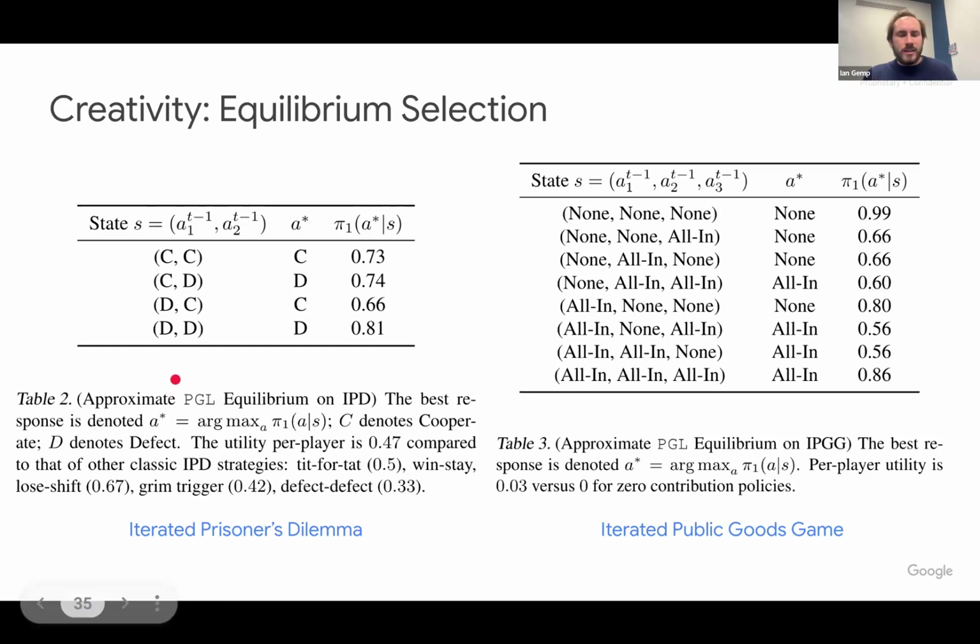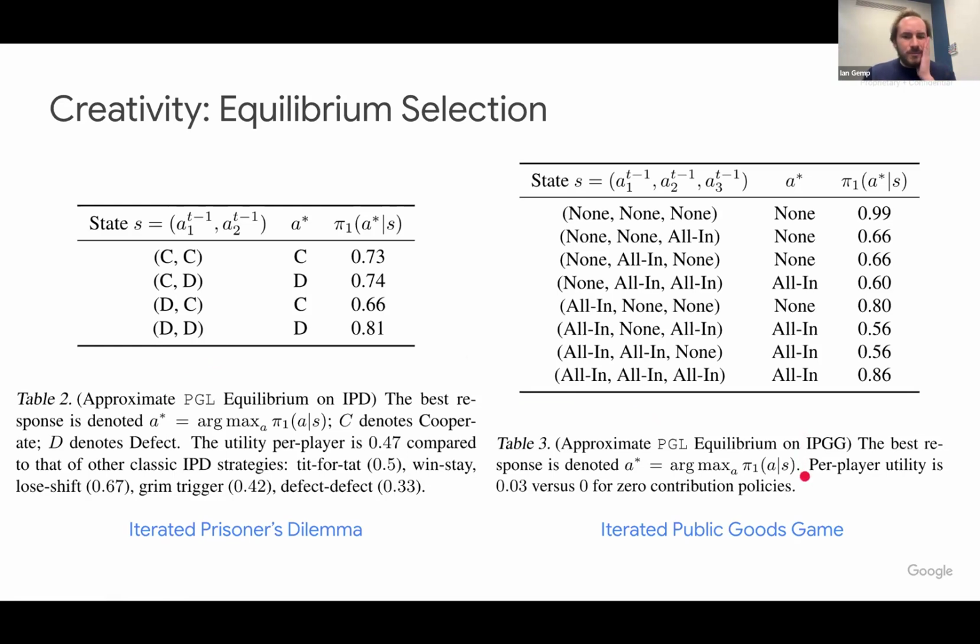The other thing is that we use the uniform distribution over states, so we don't assume they start from cooperation. Okay, I see. Thank you. And in this iterated public goods game,